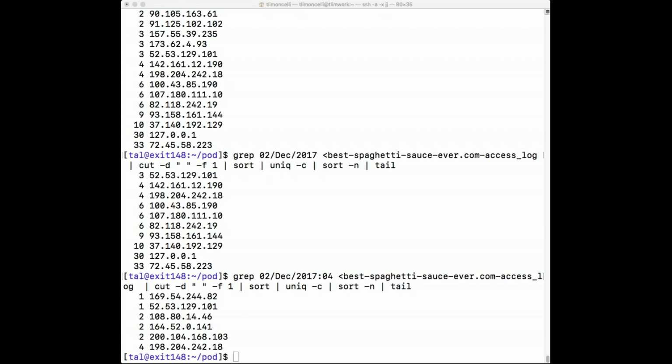Okay, so that's the end of that exercise. Let's move on to the next exercise. So those were kind of contrived. Well, actually, that last exercise wasn't too contrived because plenty of times we want to know who's accessing a website and do that kind of analysis. But this next exercise is